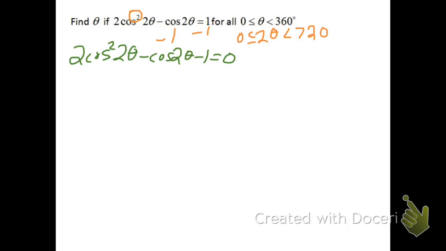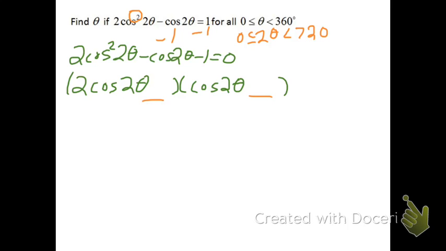So you can use the quadratic formula, or you could factor this using the guess and check method. So I could factor this by writing it out as 2 times the cosine of 2 theta, and then leave a little space, and then open and close parentheses, and then write the cosine of 2 theta here, and try to figure out